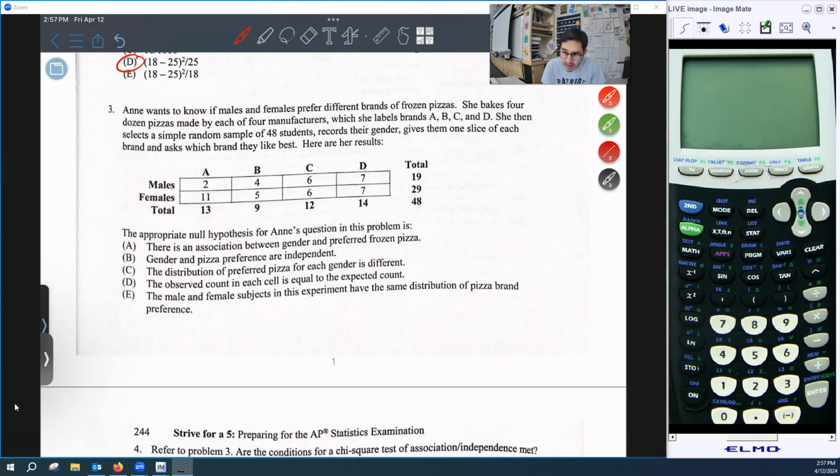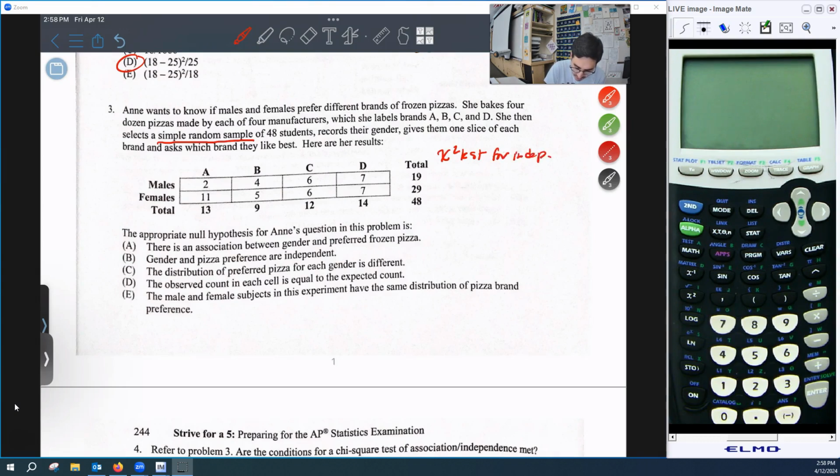The appropriate null hypothesis for Anne's question in this problem is... All right, so we need to first figure out which of the 3 chi-square procedures is appropriate for this type of data. One thing I picked up on is that it says random sample, so it's not plural. She took 1 sample, and then the data are in a 2-way table. All right, so this is going to be a chi-square test